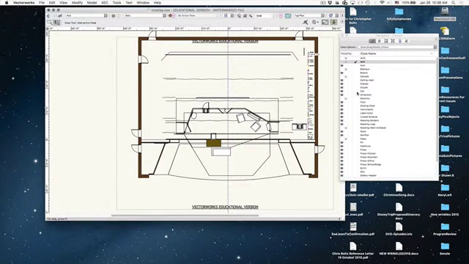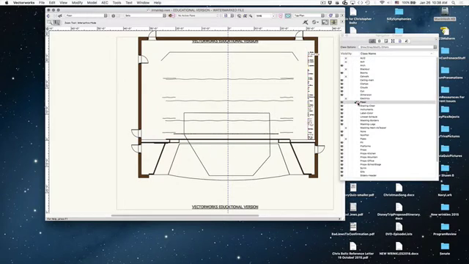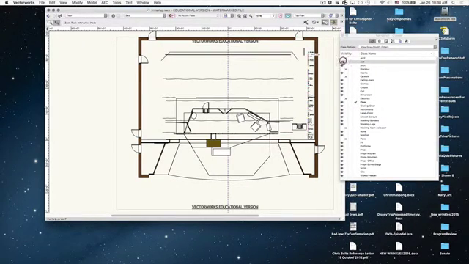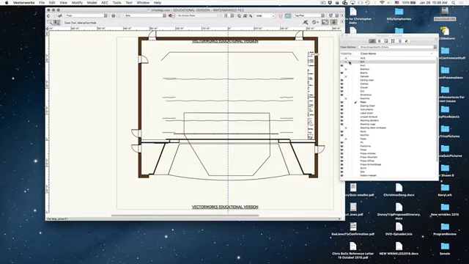So what I'm going to do is I'm now going to come down to floor and make my floor active. My Act 1 set went away. Where'd it go? Is it still here? Yeah, it's still here. I can make it visible, invisible, or I can make it gray. Okay? And this can be helpful if I want to see something, but I don't really want to see it. I want to know where the building walls are. For example, when I'm doing my light plot, I often set my set to gray so I can see it, but it's not so prominent. It just turns it down in the background for me. Does that make sense? Okay,